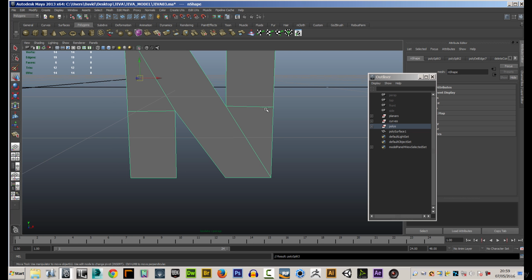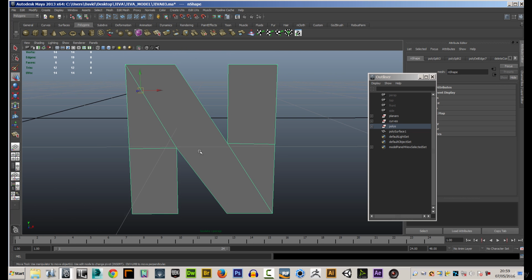hit here, press enter, and I should be able to do the same across here. So Y key again, down to here, drag it across to here, hit enter, and now that gives me quads here. This isn't a quad. And I'm going to press Y key again, come down here, snap it to there, press enter, press the Y key again, snap it down to here,